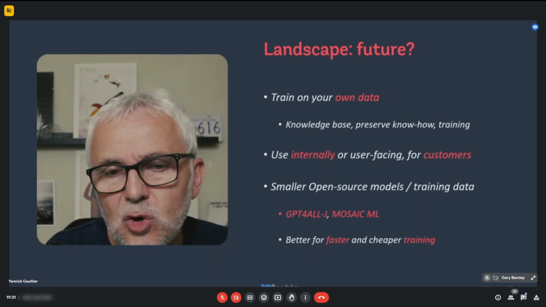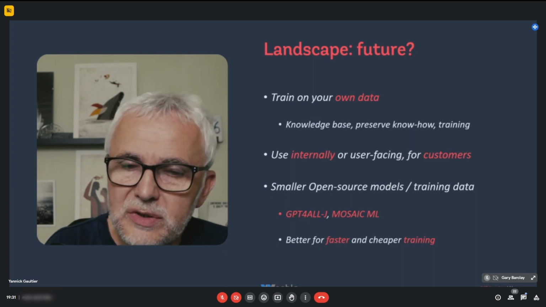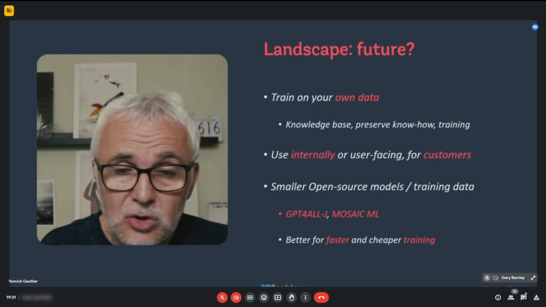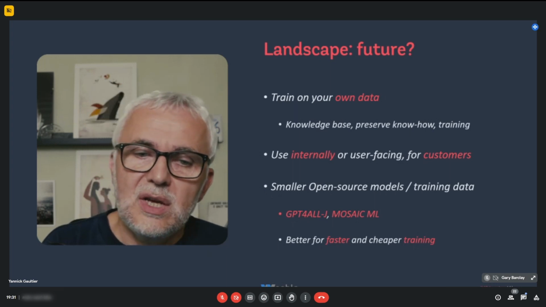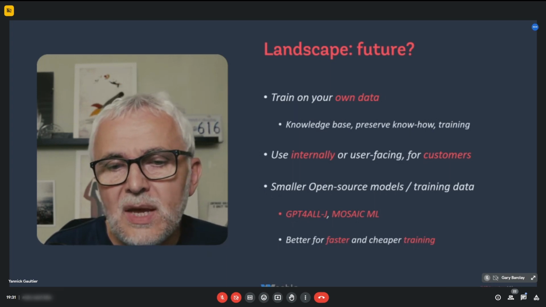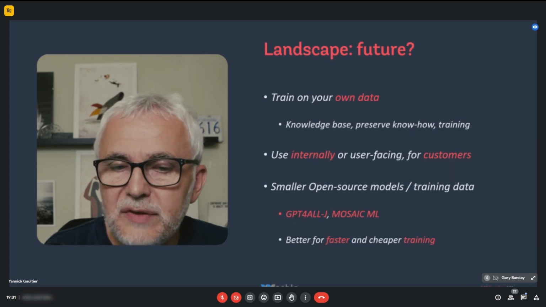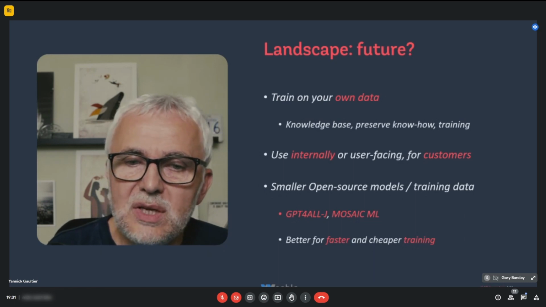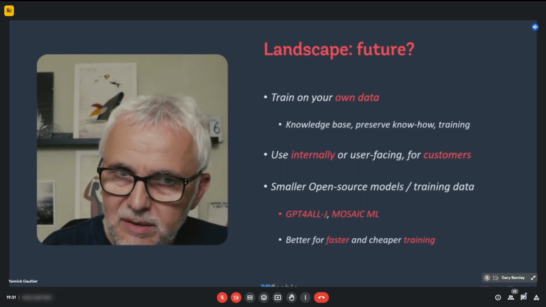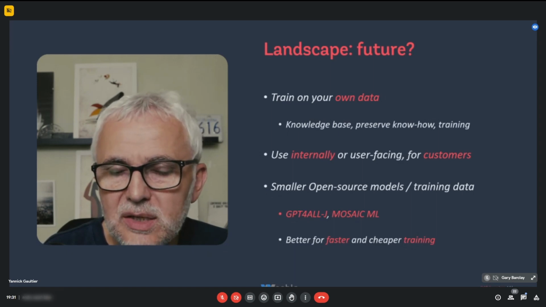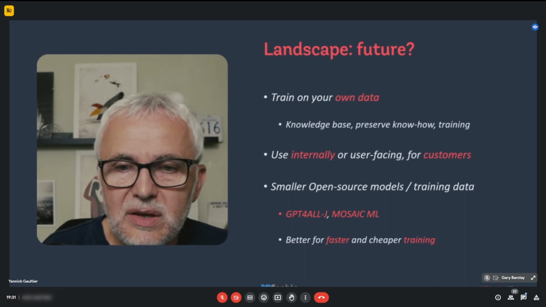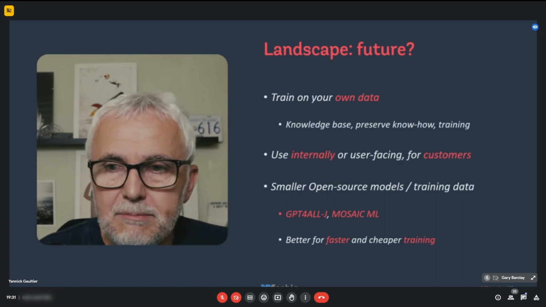And there's also the open source movement. There are a number of open source AI models and training data sets that you can use and run on your own computer or your own server. I'll list a couple of them here. They are better because they are faster and smaller. I have to say, unfortunately, at this time they are really not up to where the big guys like OpenAI and Google are. So there are some applications of them, but I don't believe they are there yet. And they are not something we can use right away.